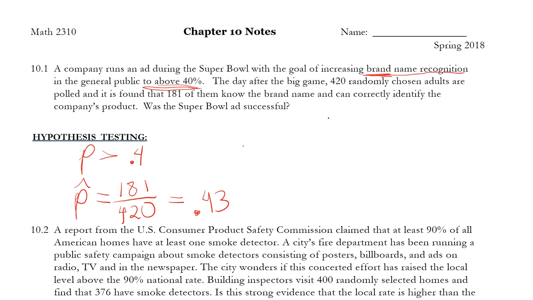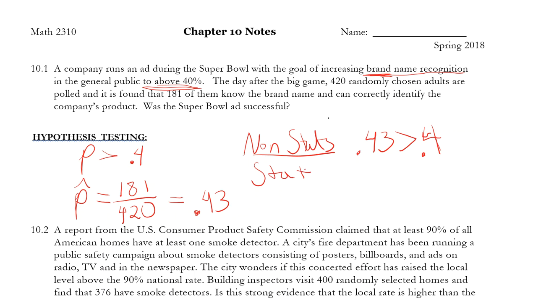So a naive non-stats person is going to look at this and be like, oh, heck yeah. So 0.43, clearly that's bigger than 40. I'm convinced, this is done. It's bigger. The ad was good and things happened. That was nice. But that's really not enough for a stats person, because you know statistics, which means you know